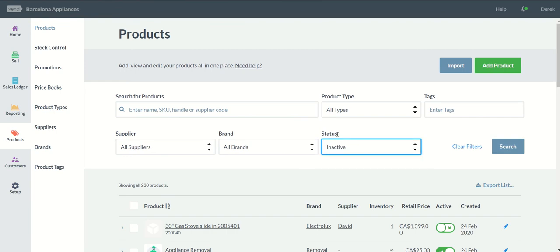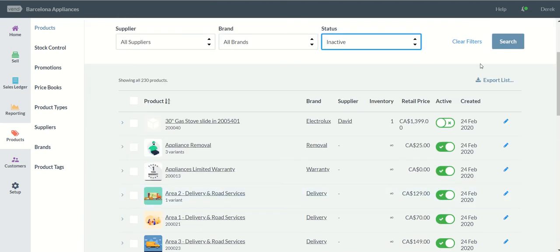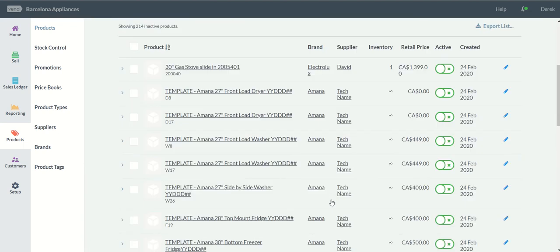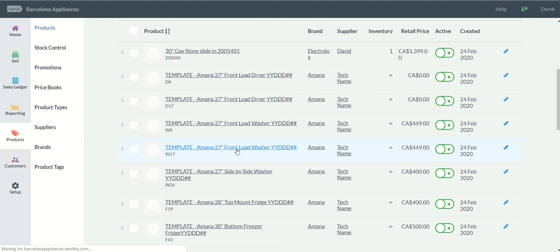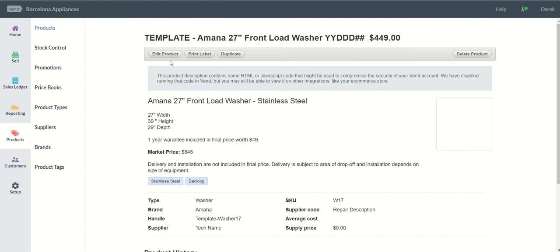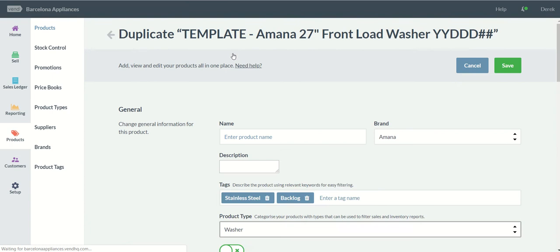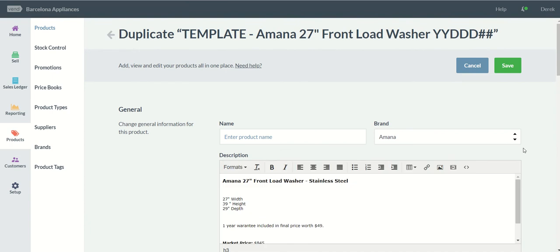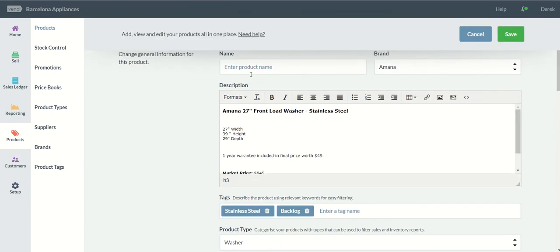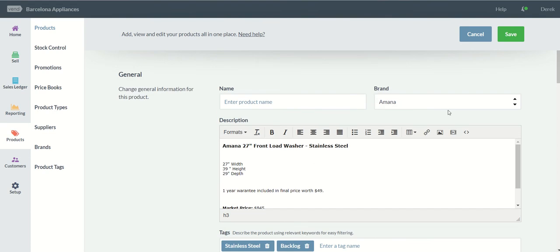So you can go to your products tab under status, under inactive. You can find all of those templates, and so let's just choose an Amana 27-inch. And so assuming we want to duplicate this product because we've just purchased one from a supplier of some kind. Here you have your name, the brand is in here, the descriptions with dimensions along with the value of